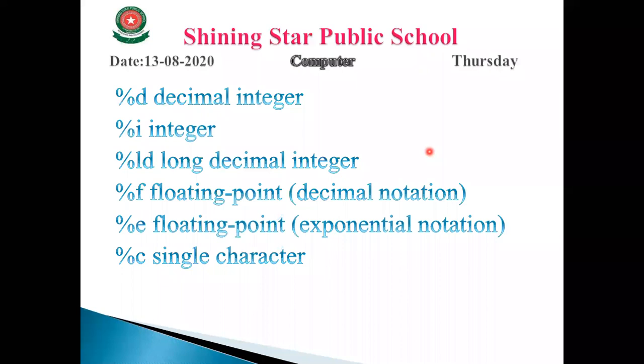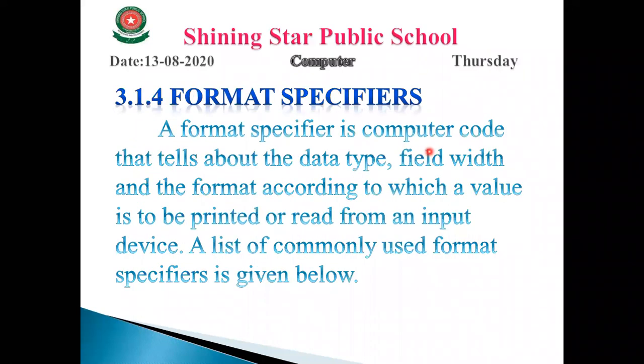In the printf function, we discuss two things. First term is format specifier, and the second term is the list of arguments. In our previous lectures, we only defined the format specifier and the list of the arguments. And when we discuss the scanf function, we learn two terms. First term is format specifier, and the second term is the list of the variables.